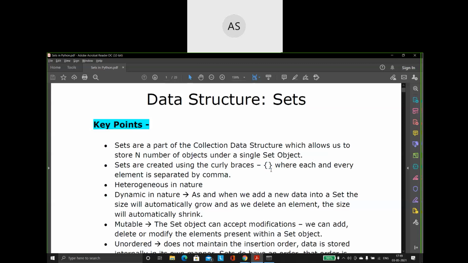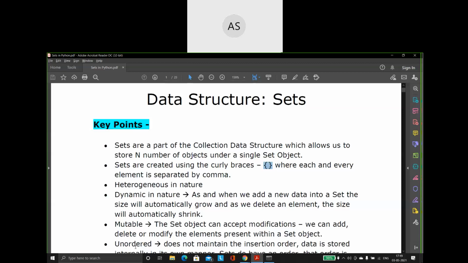But always remember, in a dictionary, the way in which we save the data is entirely different. As I was telling you, we have something called a key value pair. But here in sets, there is nothing like that. It is just going to be a set of values separated by comma. So a set is a collection of data where each and every data item is separated by comma, and the entire data will be enclosed within the pair of curly braces.